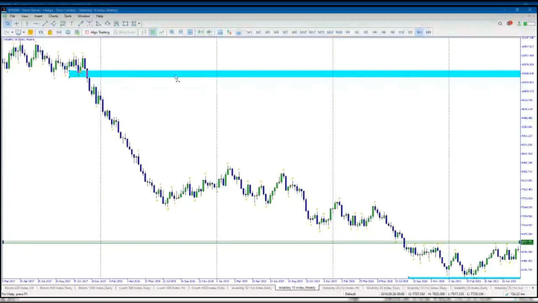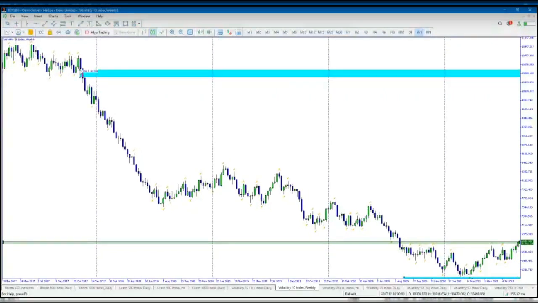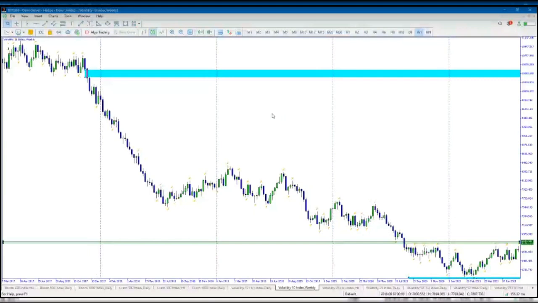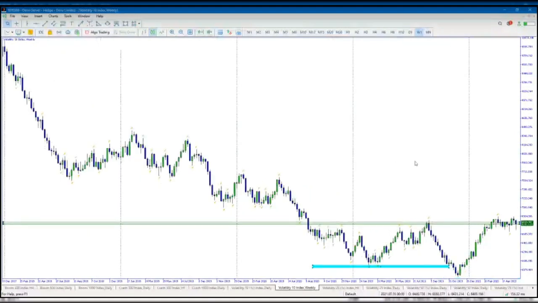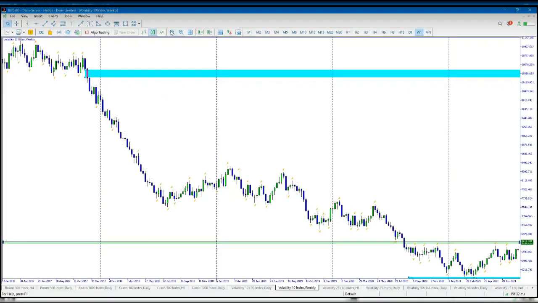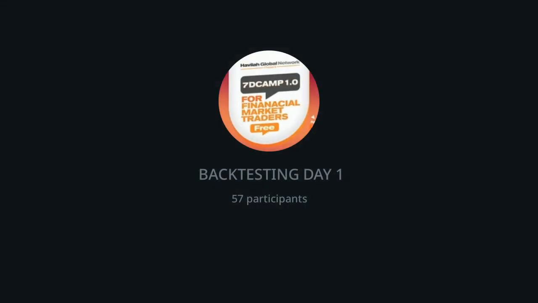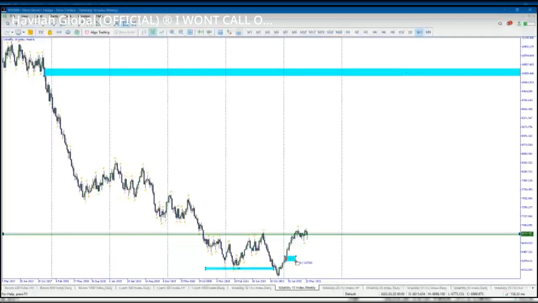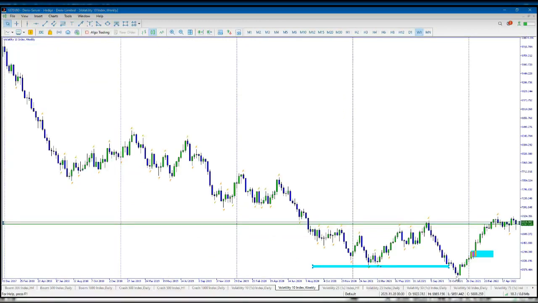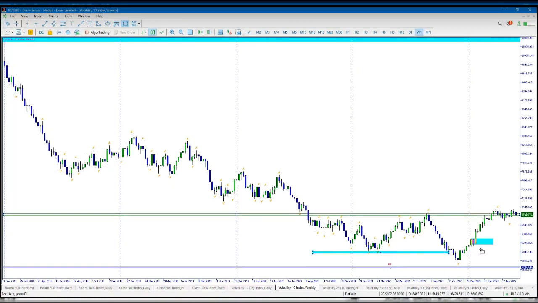You see, guys, it's been bearish all the while, but now we are seeing a break of structure upward, and then on this break of structure, we are seeing a cube here. Can you see what I'm seeing, guys? This is the weekly now. We are seeing a cube here, and then we are seeing an imbalance here.